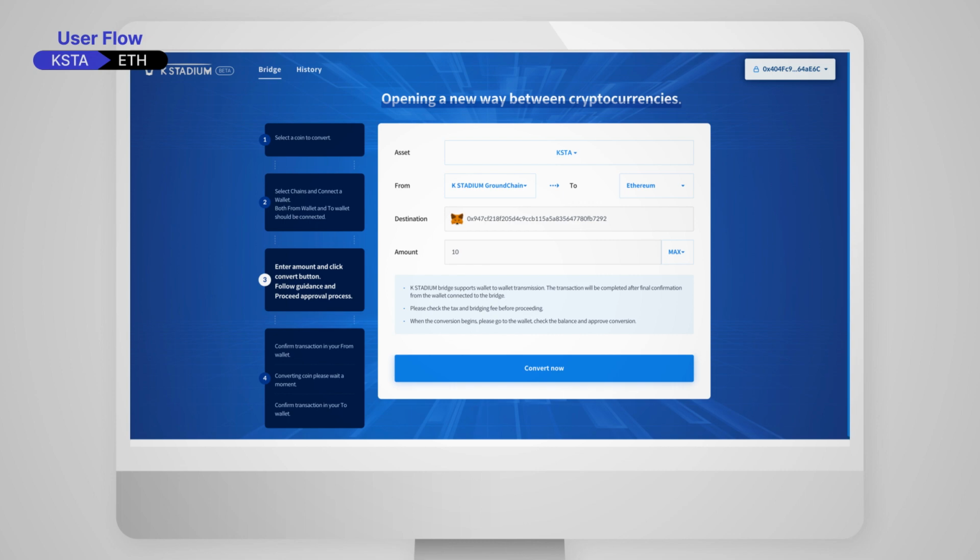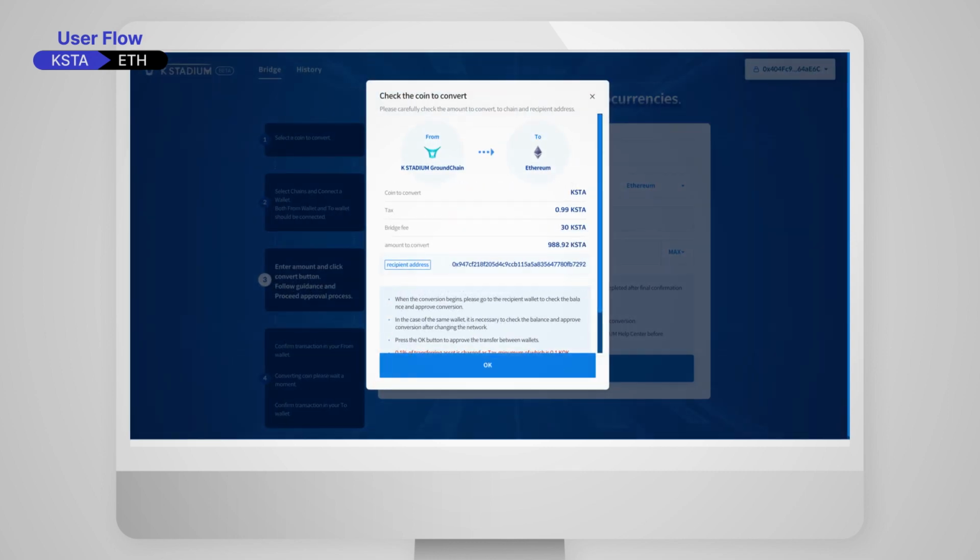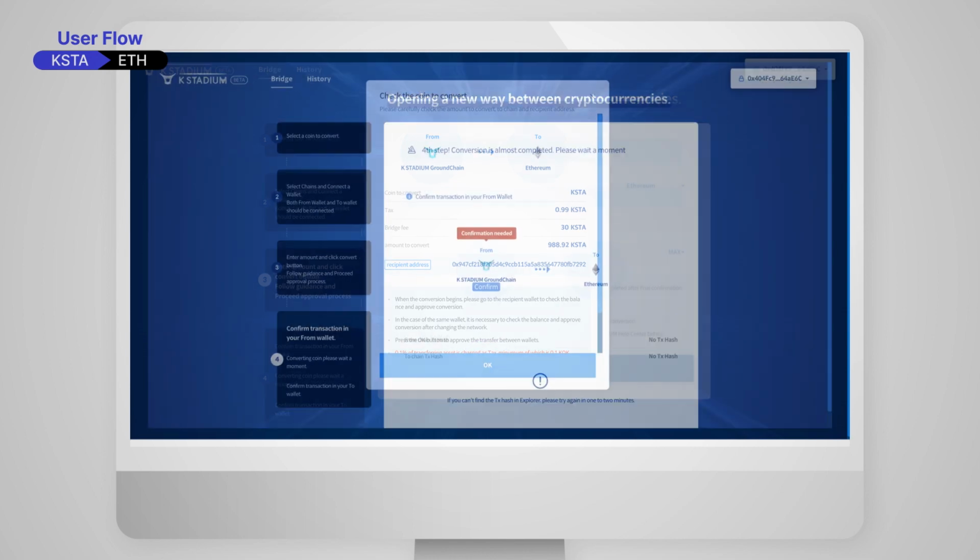At this time, the available quantity of KStar for input ranges from a minimum of 100 to a maximum of 150,000. And you can input directly or choose a percentage, taking into account the fees. After completing the input, you can review the transfer amount, corresponding fees, and tax information through the pop-up window. Click the OK button after you check the details.